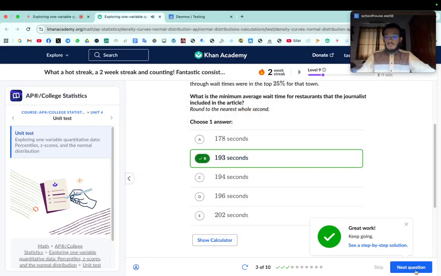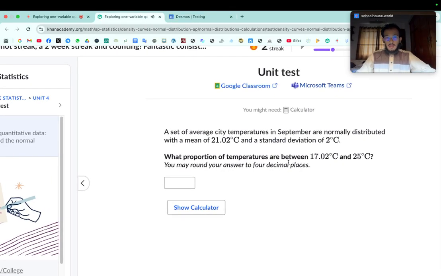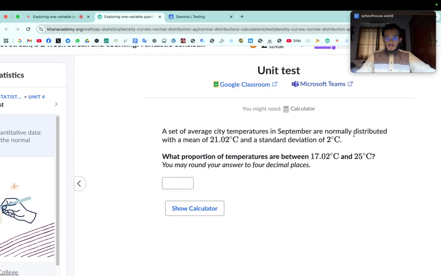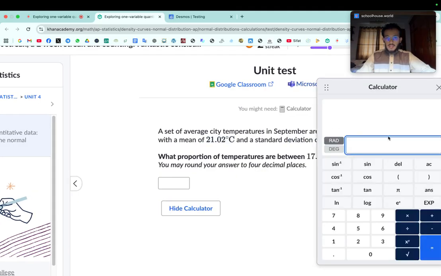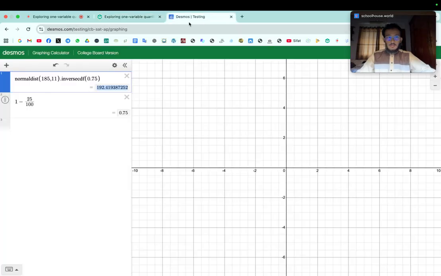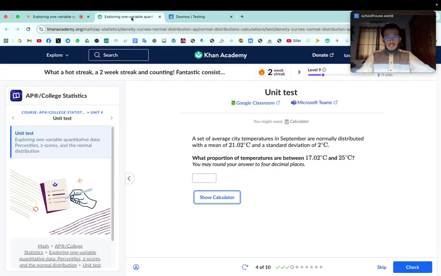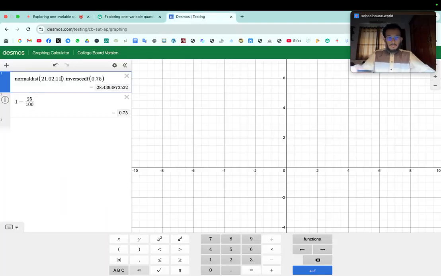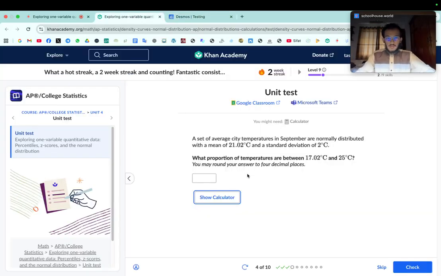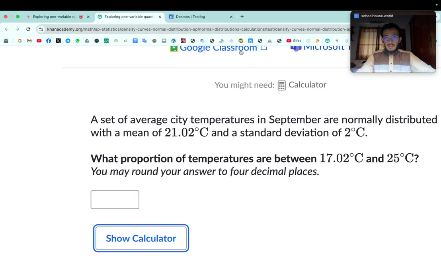There we go. A set of average city temperatures in September are normally distributed with the mean and a standard deviation. Fine. They've given us a calculator. 21.02 is the mean, and standard deviation is 2. So we plug it here. And they want us to find the proportion of temperatures between 17.00